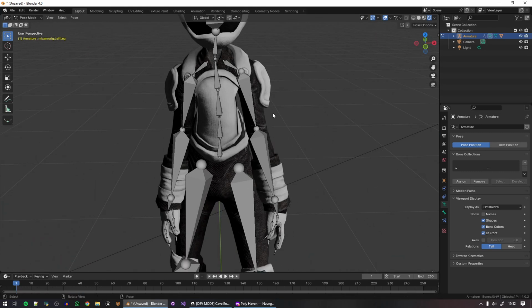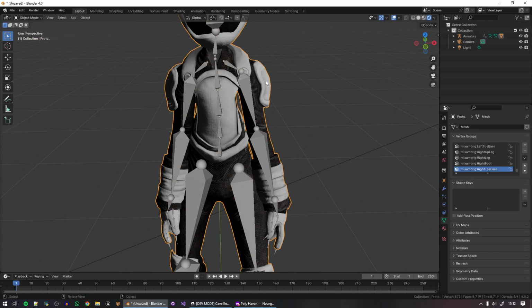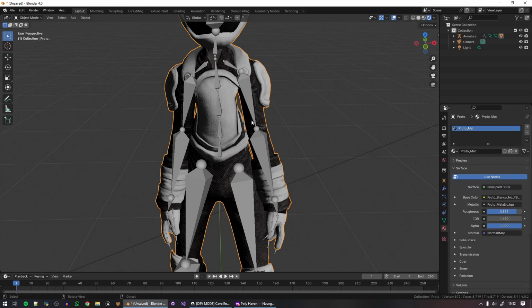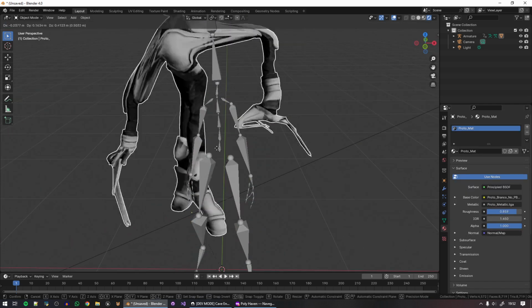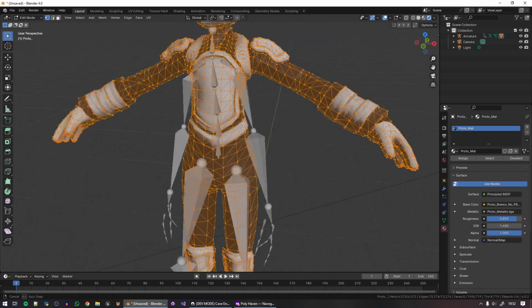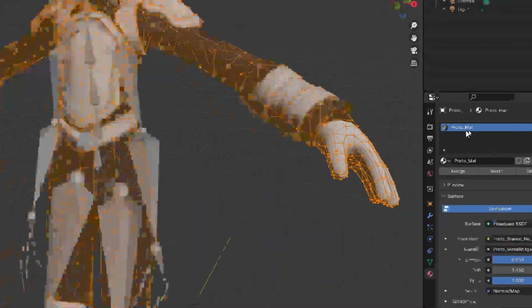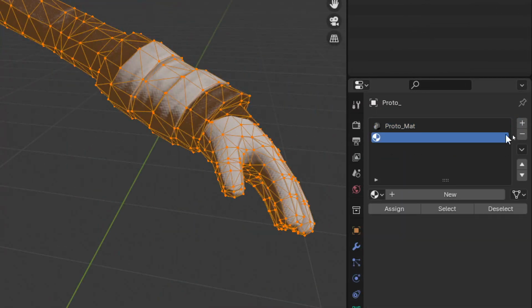There is one thing that is very important for you to know before importing animated characters into Cave: Cave has a single limitation at the moment, that an animated character or an animated mesh in general can only have one material. So if you go to the proto mesh here, you will see that the entire object is a single material. You can see here. So if you have multiple materials in your model, it will not work very well